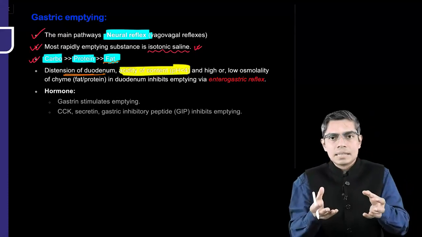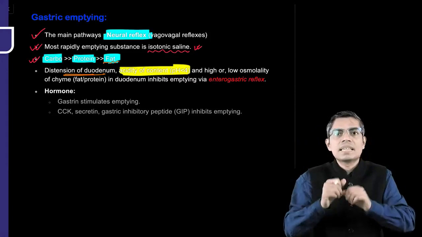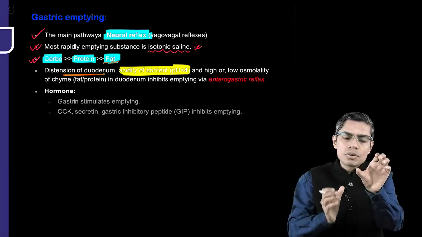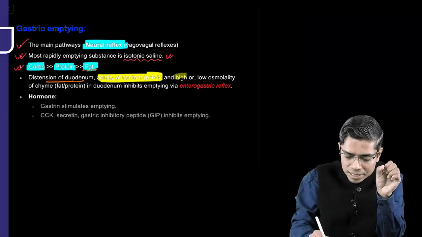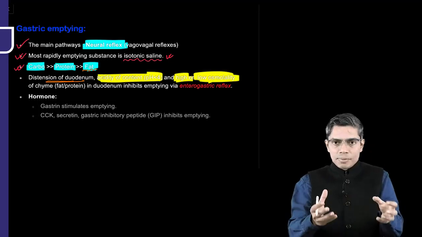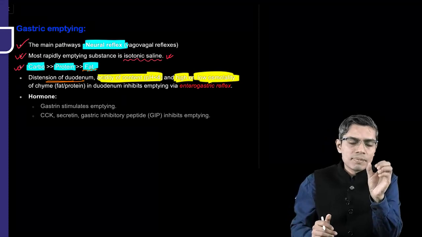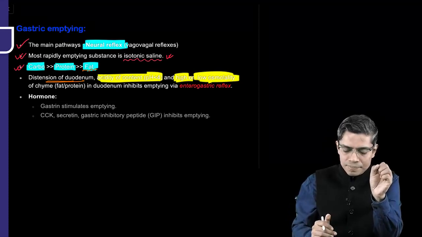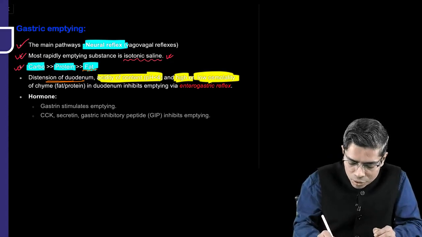If the stomach content is very, very acidic, whenever that acidic content enters the duodenum, that will also cause contraction of the pyloric sphincter. Not only that, high or low osmolality containing food. If the food osmolality is very, very high or very, very low, then also the pyloric sphincter will be contracted. This is mediated via a neural reflex which is known as